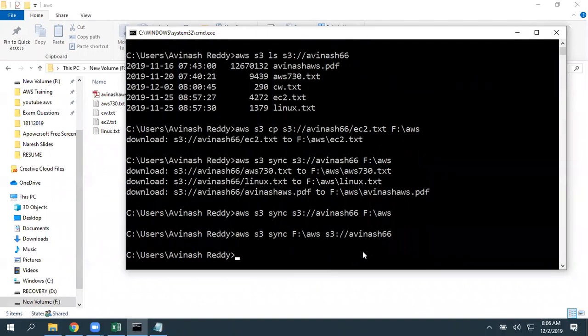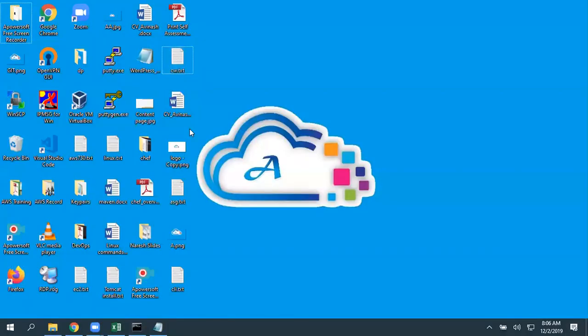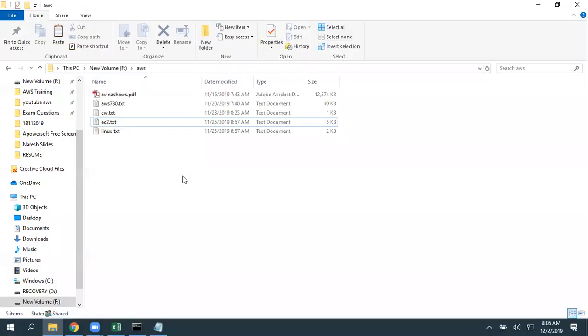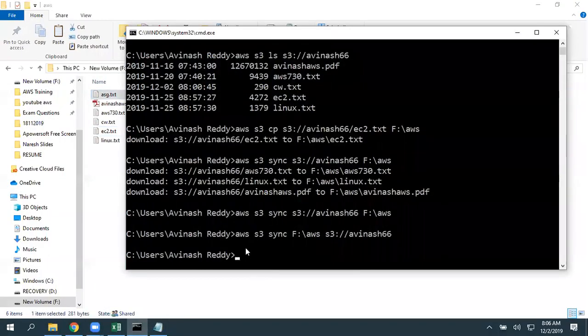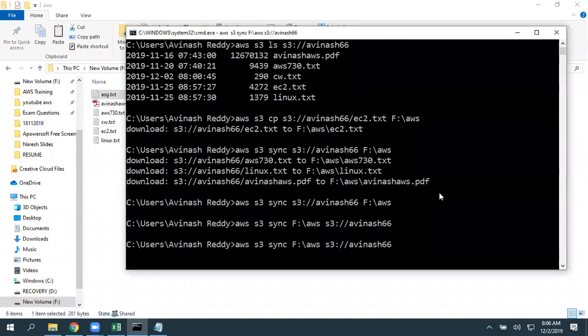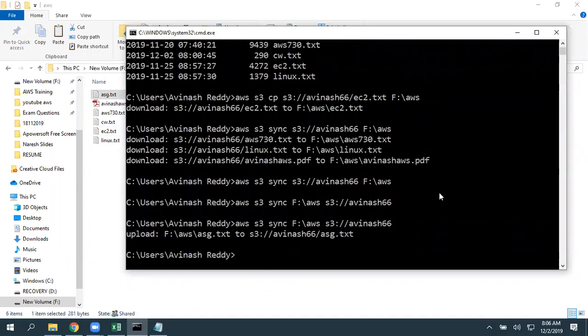It is trying to verify whether both have the same copies or not. So if you add any other new file here, for example, I'm going to add asd.txt here, then if I rerun this command, it is going to upload that asd.txt.